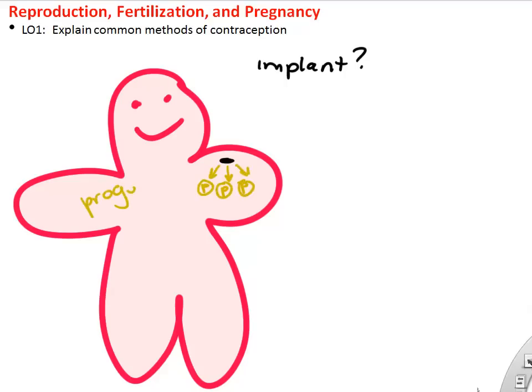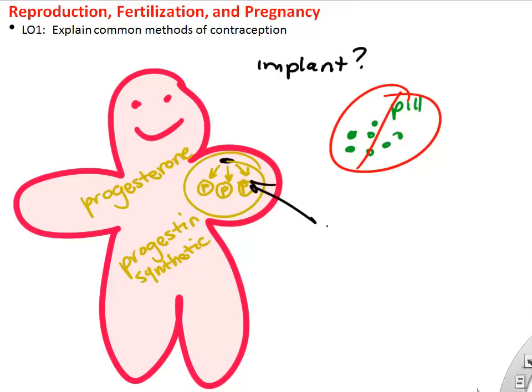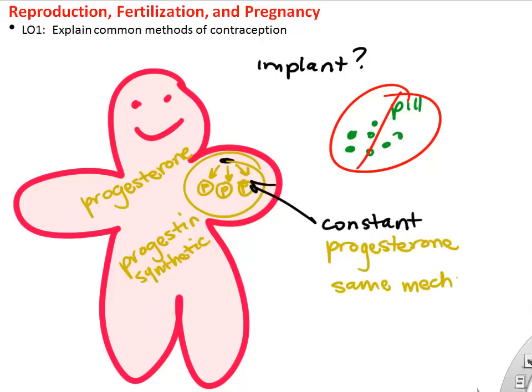Other devices for contraception include implants. The implants make some sort of synthetic version of progesterone, like progestin, and it's secreted at very constant levels. And again, it works very similar to the pill. You just don't have to take that pill every day because it's implanted under your skin, and you have those constant levels of progesterone, similar to the pill, just without taking the pill. And it obviously lasts for months or years depending on what implant you have.